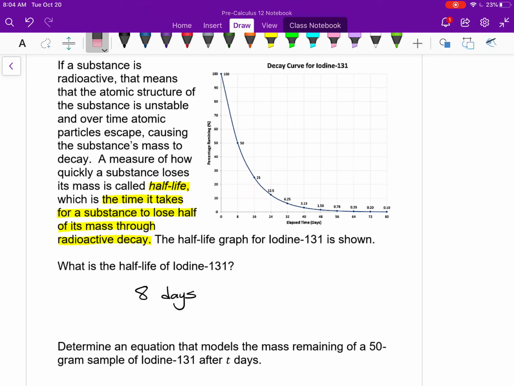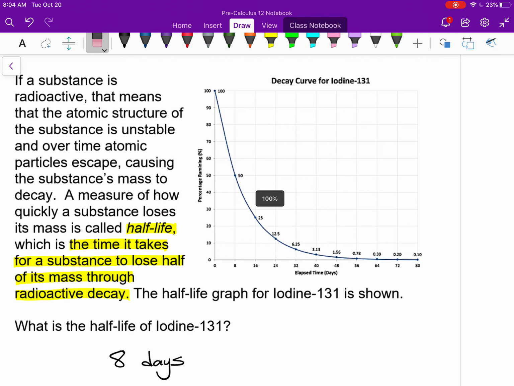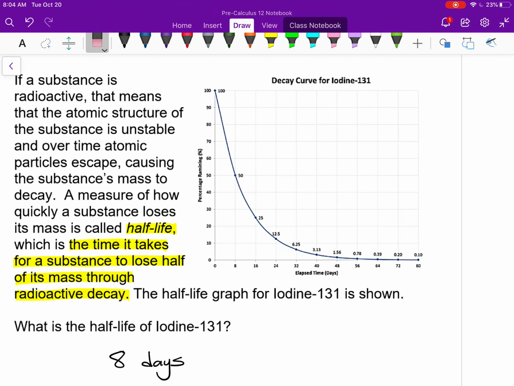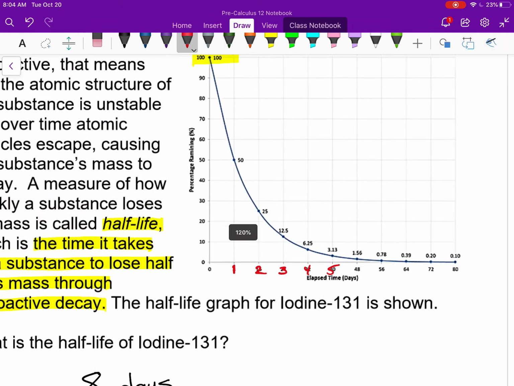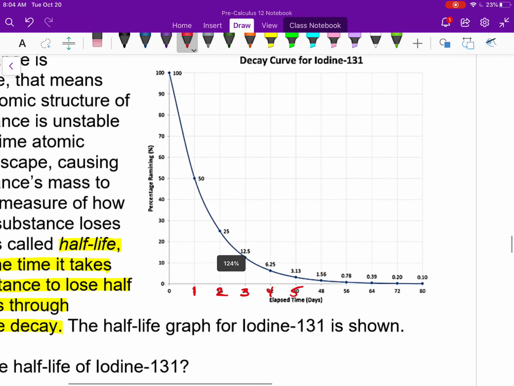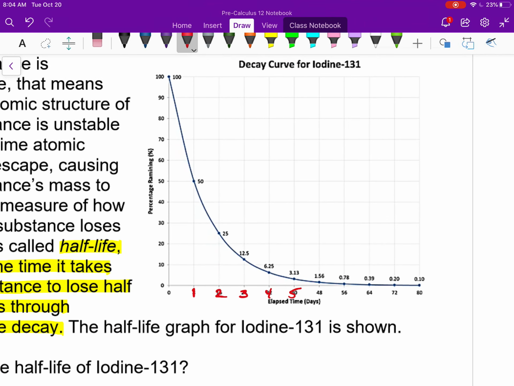All right, here's the main question. Determine an equation that models the mass after t days. So, for example, let's say I change this. Let's say this was 1 day, 2 days, 3 days, 4 days, 5, and so on. Then an equation that models this would actually be pretty simple. If I wanted m to stand for the mass,